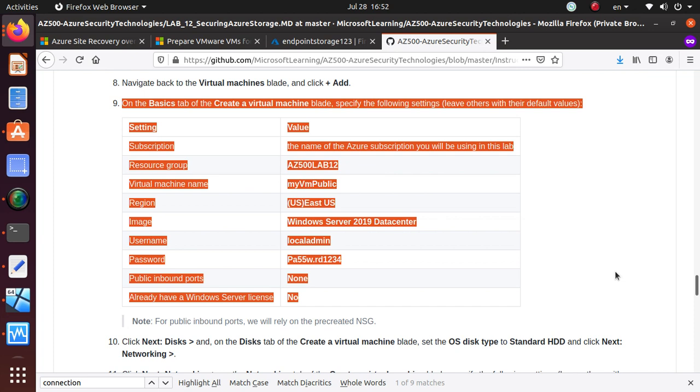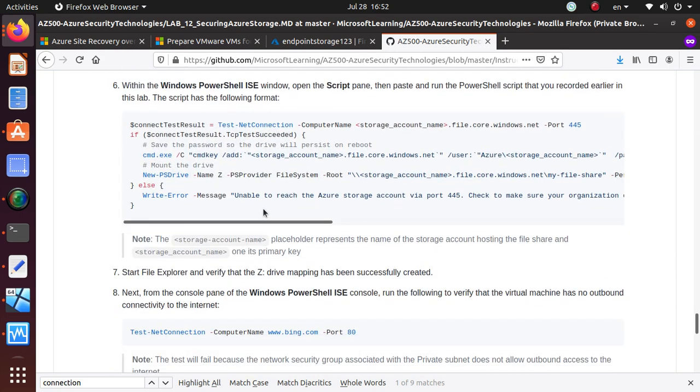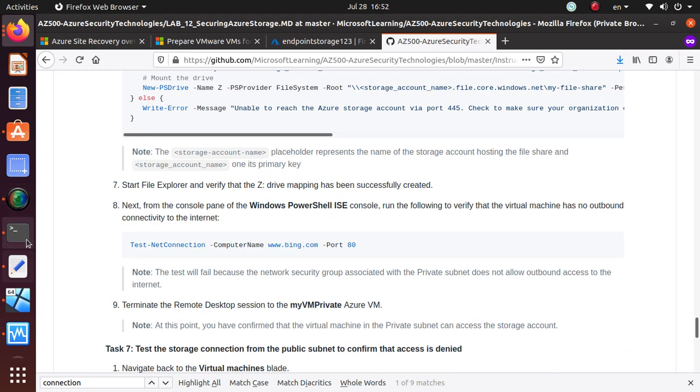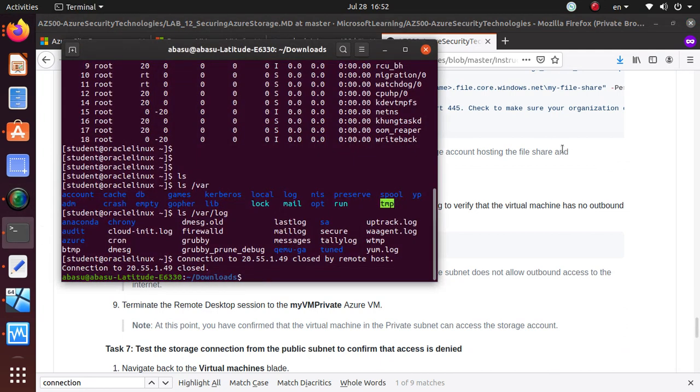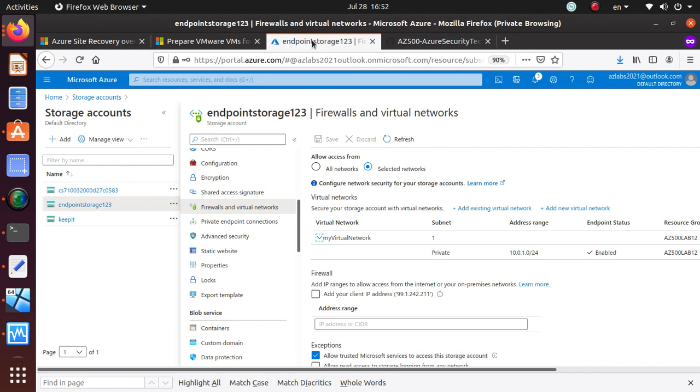I have an Ubuntu machine. Why do I need to even create a virtual network? If you want, you go ahead and welcome. You can deploy another virtual machine in the public network. But I'm just gonna use this Ubuntu and see if we can do anything about it and verify that storage account is not accessible. So let's come back over here